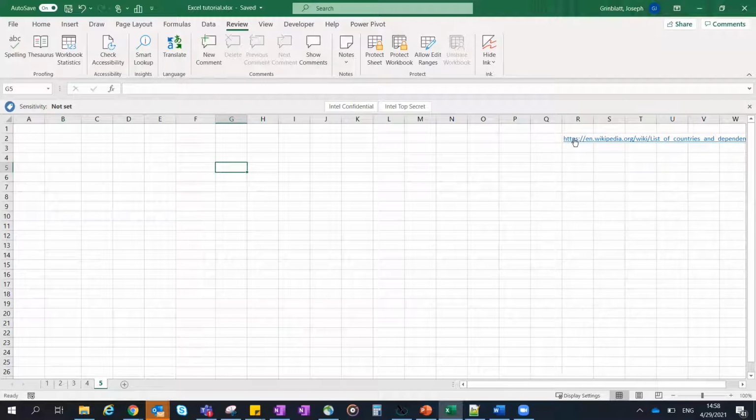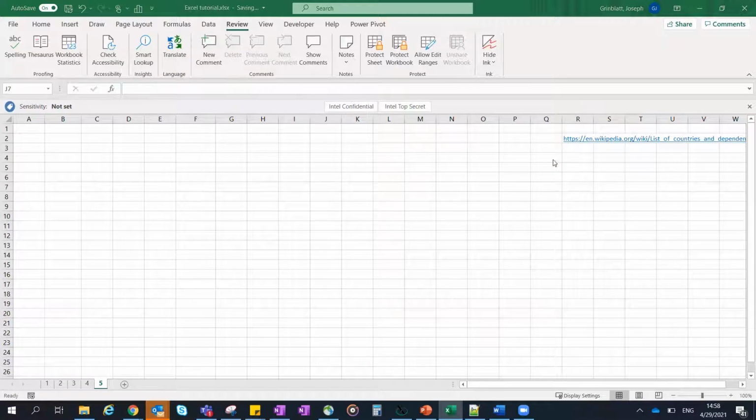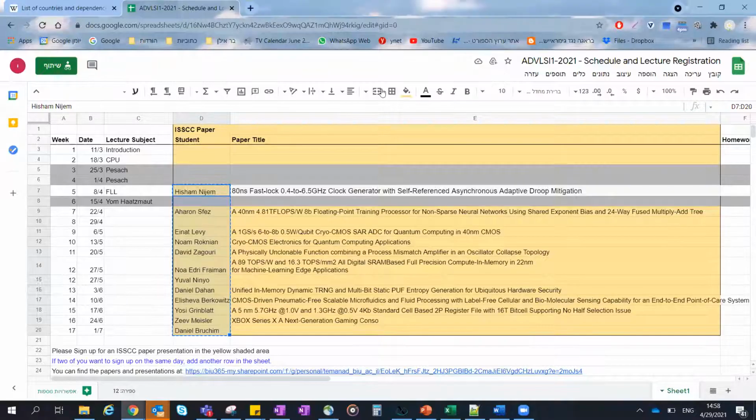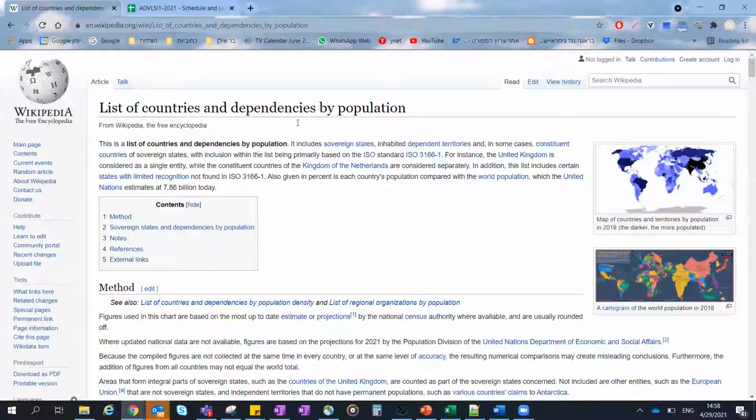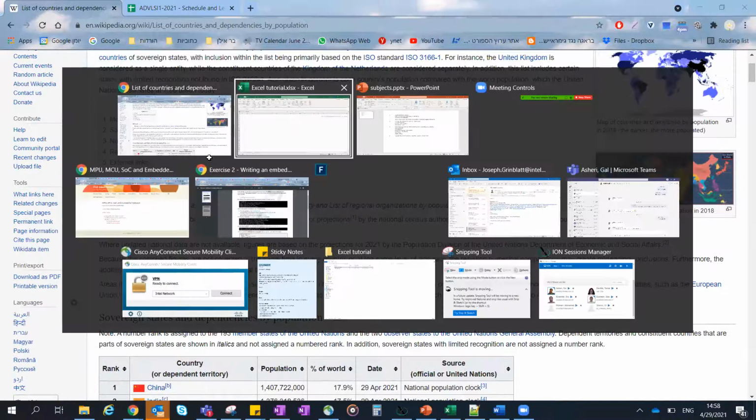Maybe the first thing is nice, but the other maybe not. So I have this Wikipedia page, actually I have it open. You go to Wikipedia, you get this table, and you want to get this table into your Excel, so you can go to